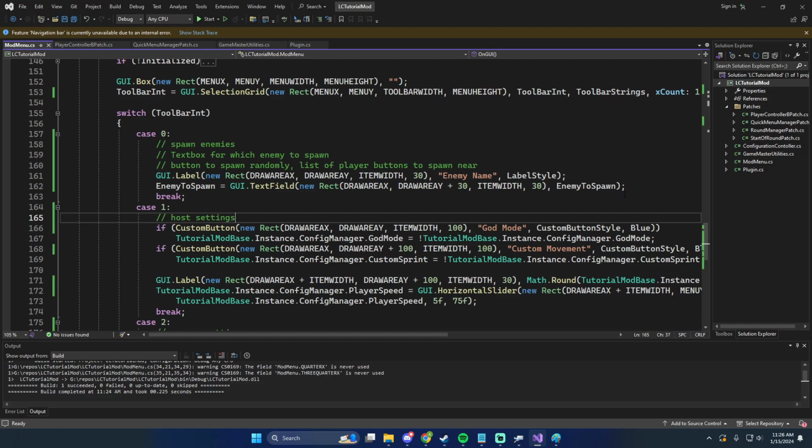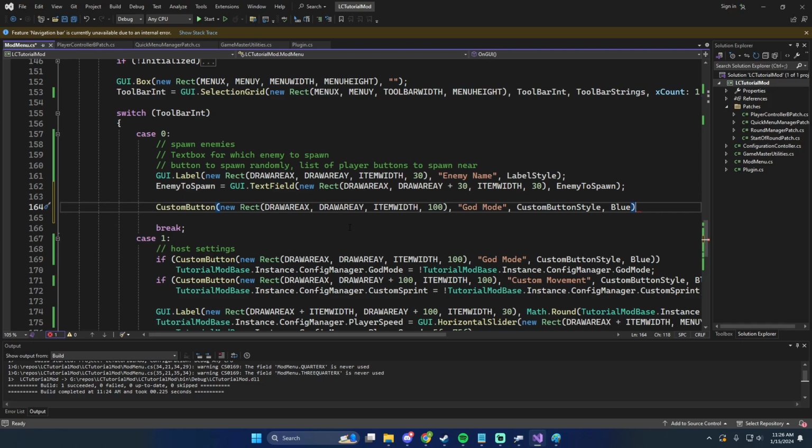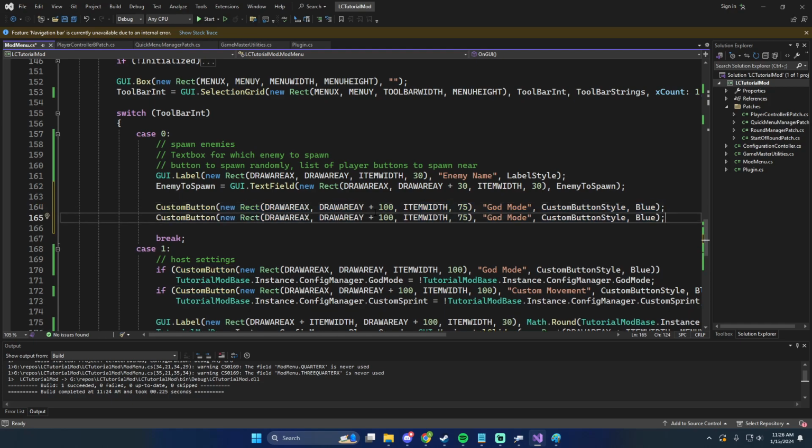So we're gonna do two custom buttons. I'm gonna copy these, might as well. So we'll do a custom button item width, and maybe 75, because 100's really tall. 75 should be fine. We're going to draw area Y plus 100, I think. And then draw area Y plus 200 is fine. So it'll be a little bit of padding, about 25 in padding. And then we'll say